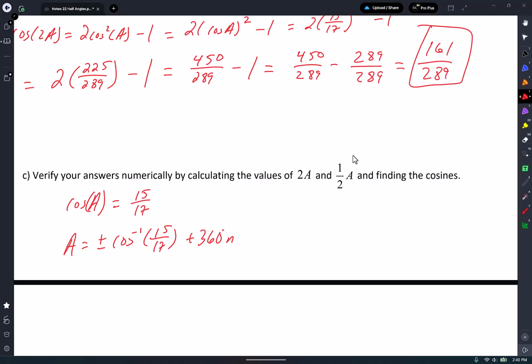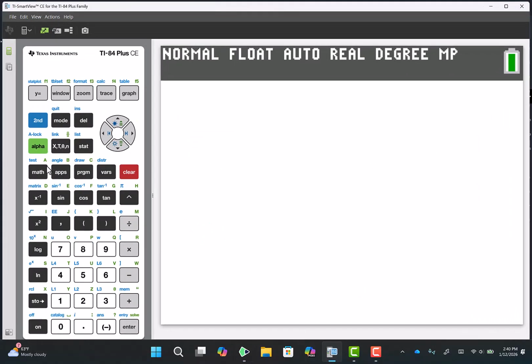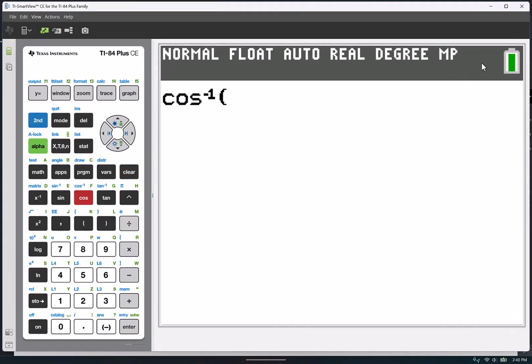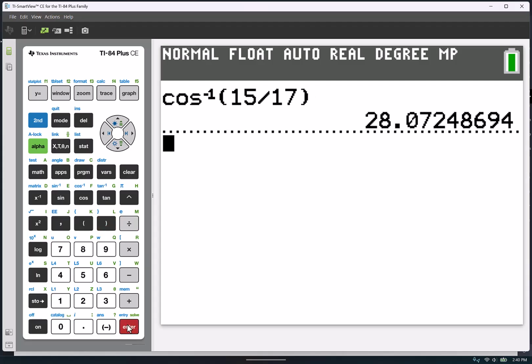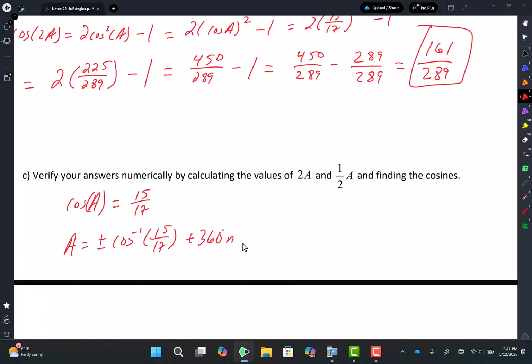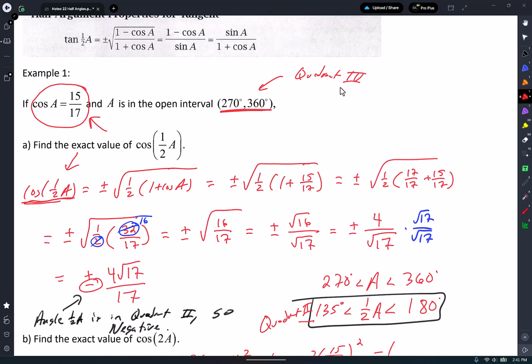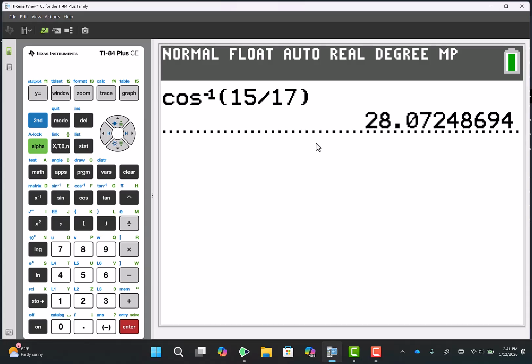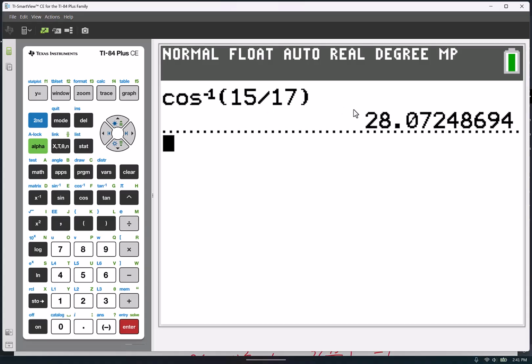The calculator is dumb, right? The calculator is just going to give me an answer of quadrant 1. But we know we're not in quadrant 1. I'm in degree mode because you guys like degrees better. Plus, it's probably easier for you guys to see. So it's telling me that I'm at 28.07 degrees. But remember, guys, what they told me over here, they told me that angle A was in what quadrant? 4. So you got to put a negative in the front of this and add 360 because it's plus minus,